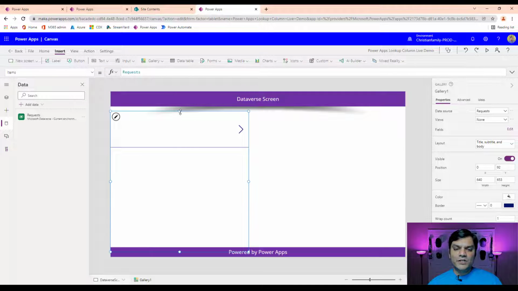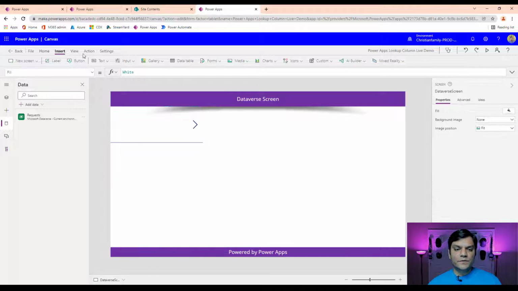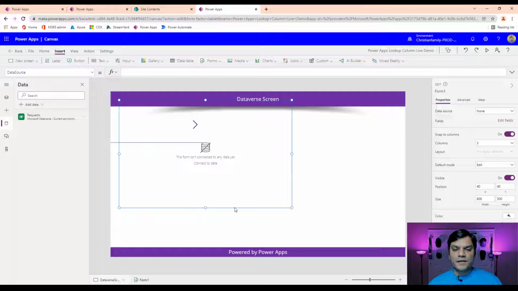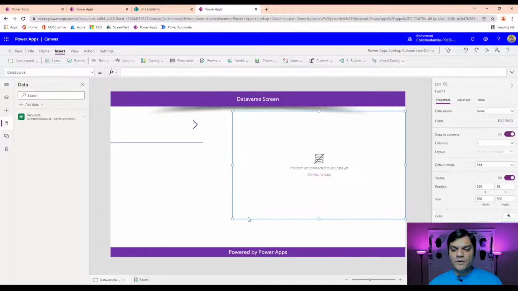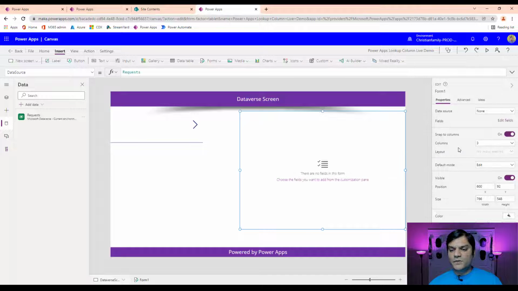And then the next thing I want to do is go ahead and add an edit form. So let me just move this up just a little bit. Cool. And I'll go ahead and add my edit form. And here it is. Here's my edit form. And in my edit form, I'll go ahead and make a connection to that table. So right now I can click on this data source, and the data source is called requests. And there you go. It's gone ahead and actually given me the default ones,